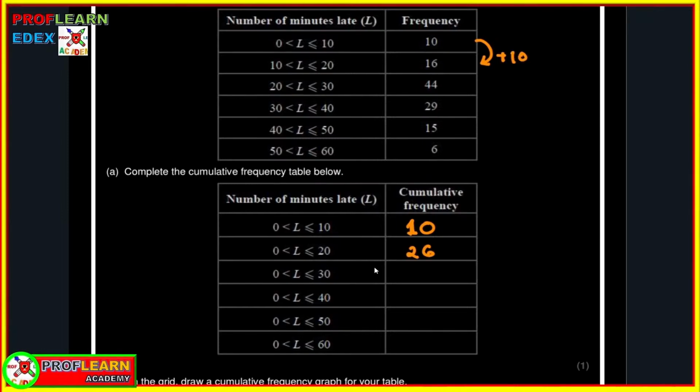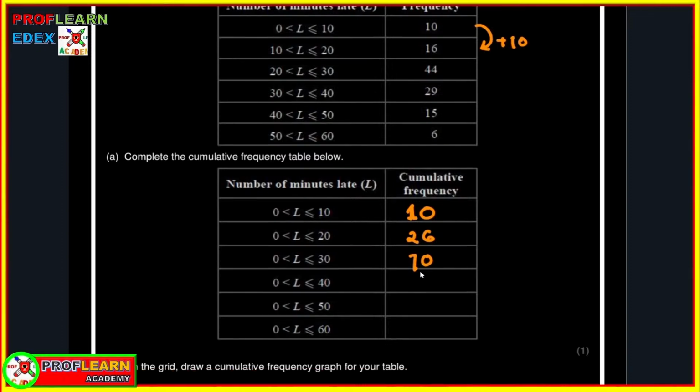26 plus 44 is going to give us what? 70. 70 plus 29 is going to give us 99. Then plus 15 at that given point is going to give us 114. Now we're going to use this information in order to draw the